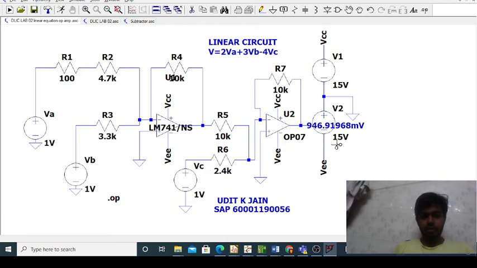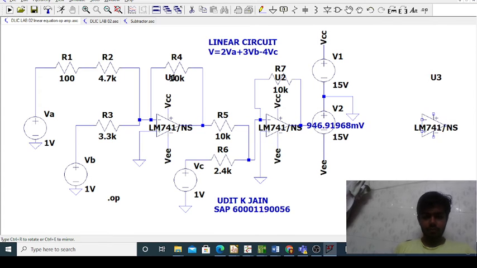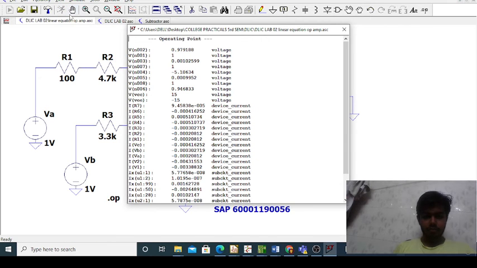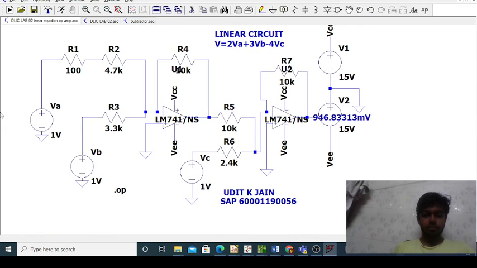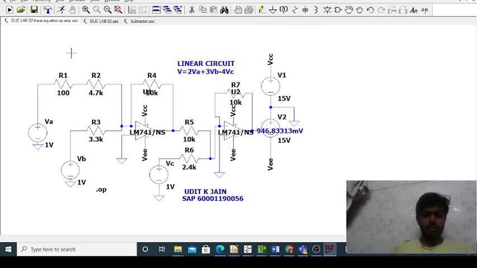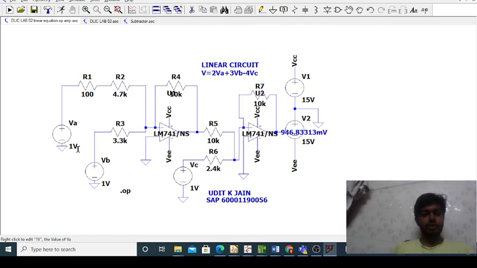I have to cancel this also. See, here we have got 946.83313 millivolts as our output, and the theoretical value we can get by substituting the values of voltage in this equation.